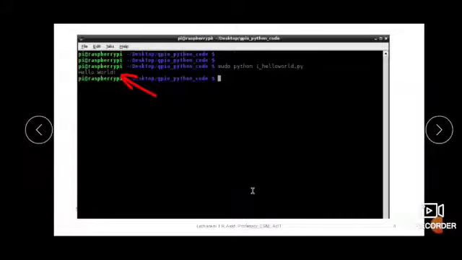Let us see how you can run this program. So you can run this program on the command line like this. So as we discussed, you will give the command sudo python and name of the file, and then here you can see hello world is the output which is printed on the console. So this is how the hello world program you can run on the Raspberry Pi Python.